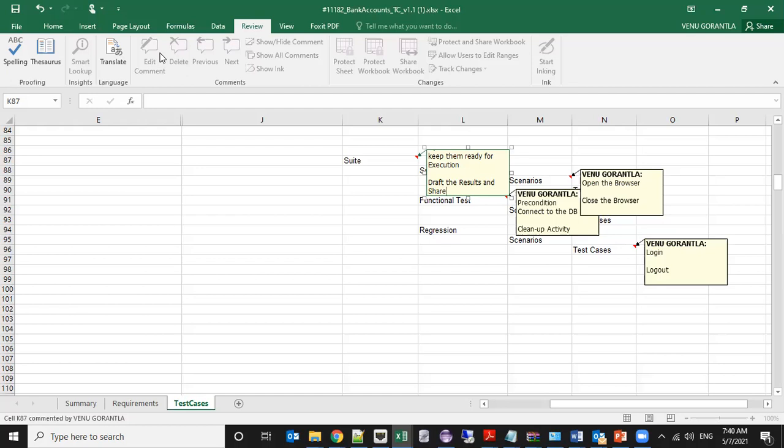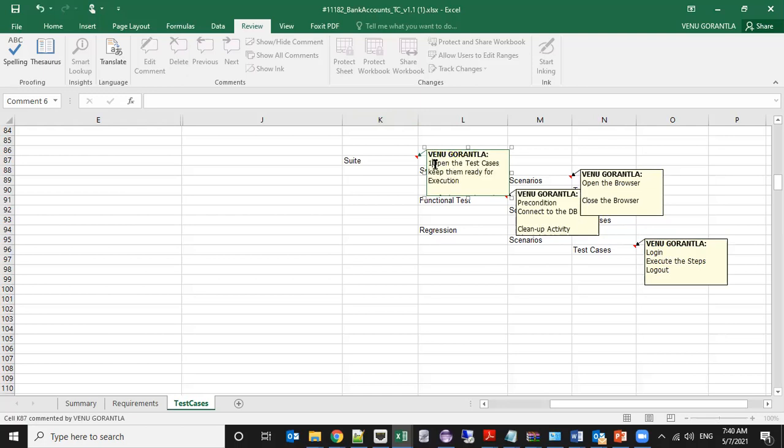Then you log into the application in the test cases, and you execute the step. And then you log out, close the browser, and then disconnect the DB, and then draft the results and share it. So the execution order is like this.